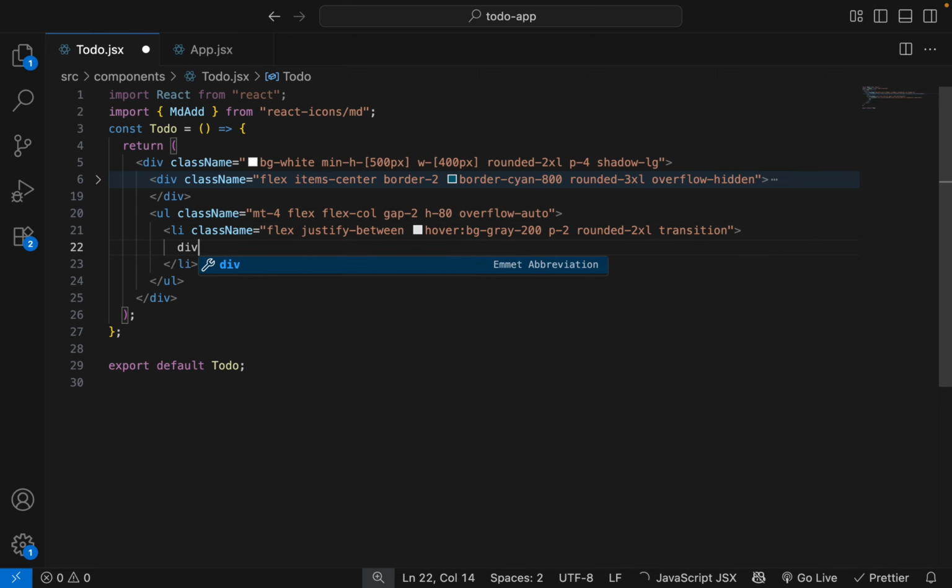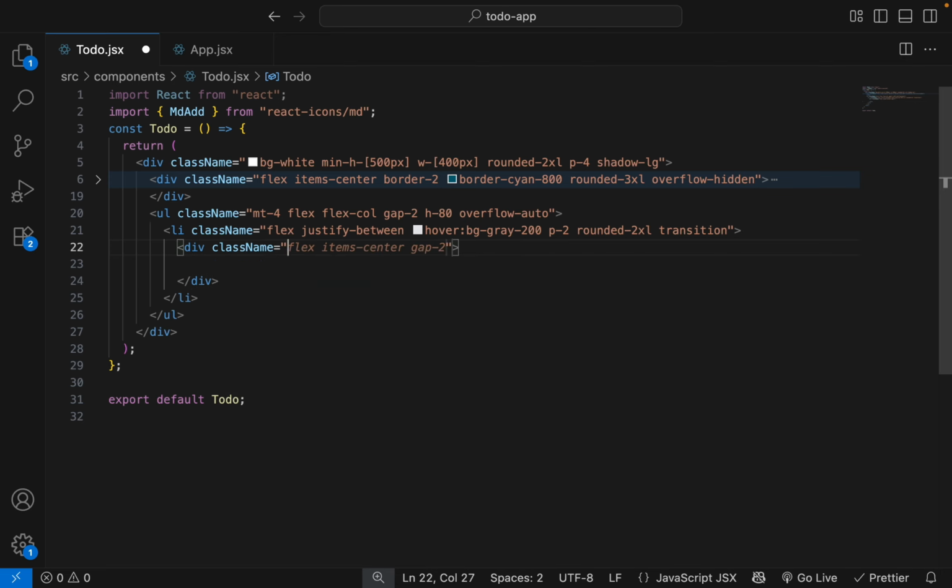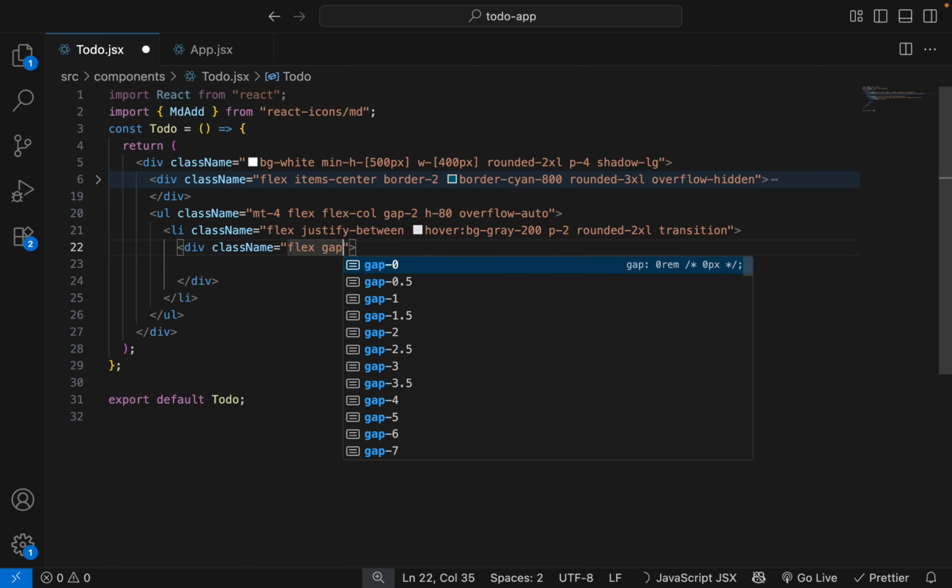And inside this create a div, add some CSS classes, flex, gap 5.